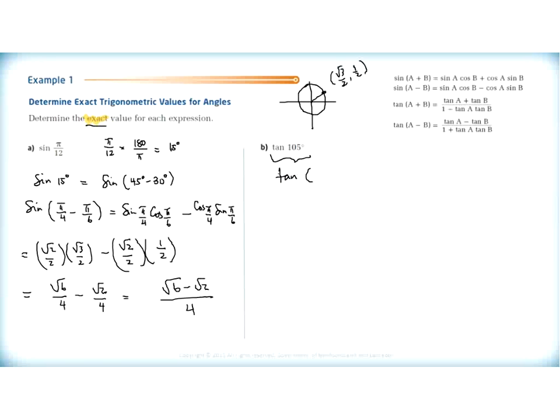I used subtraction here, so I'm going to use plus here. I'm going to rewrite this as the tan of 60 degrees plus 45 degrees. Because I'm using tan of A plus B, here's the identity I'm going to use up right here. So I'm going to rewrite that now as the tan of 60 plus the tan of 45 divided by 1 subtract tan of 60 times tan of 45. Okay, again, we're looking for exact values, so we need to find the exact value of each. Tan of 60,